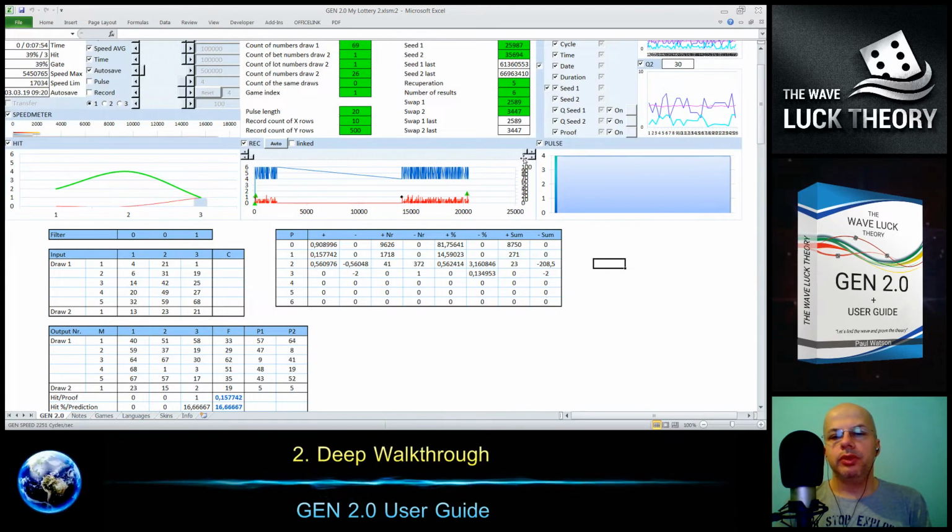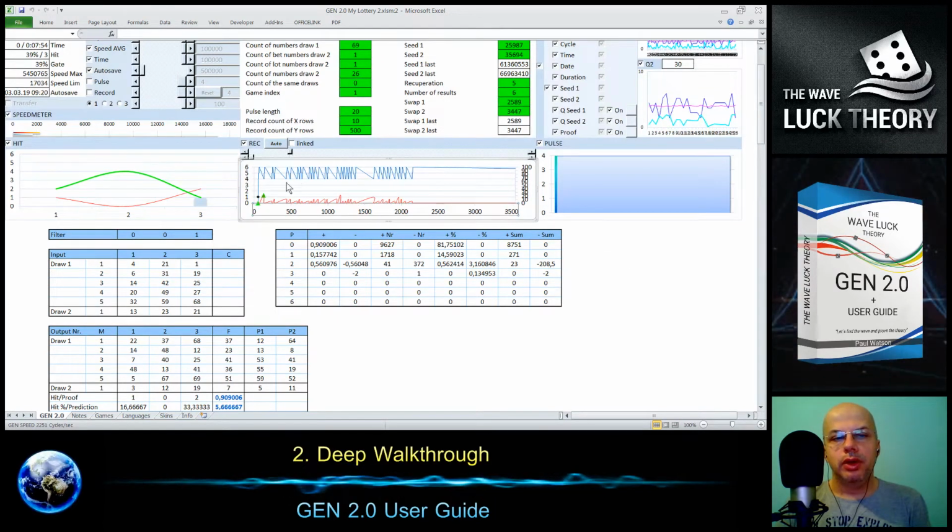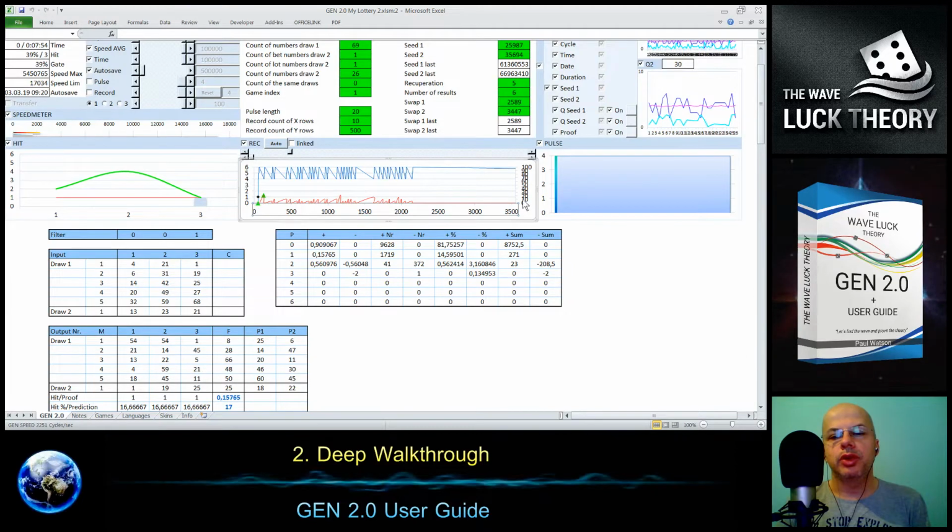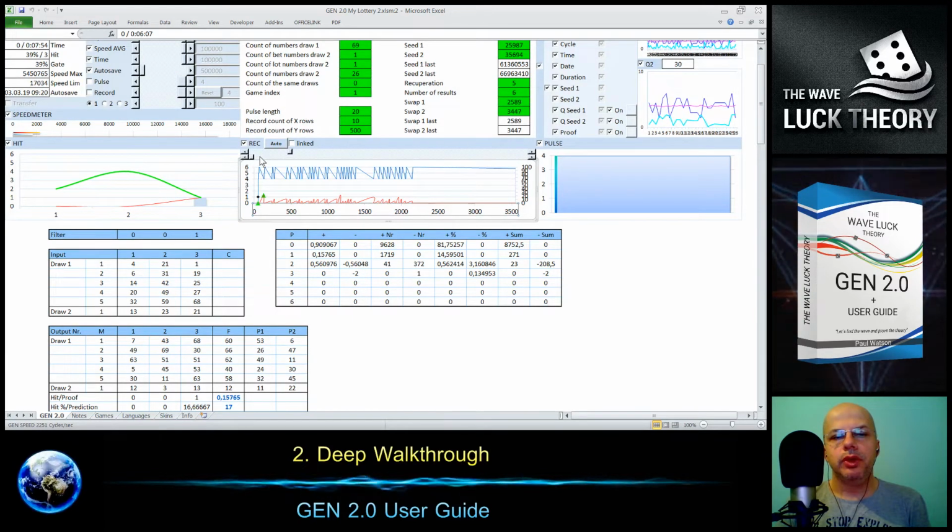So I will try to make it a little bit bigger. And you see in the beginning we got the best result, and then we started to have results with a percentage around 10 or 20%. And there is the pulsation. And let me show you.